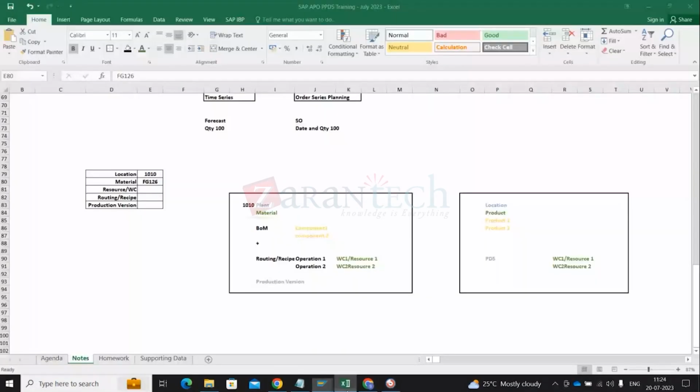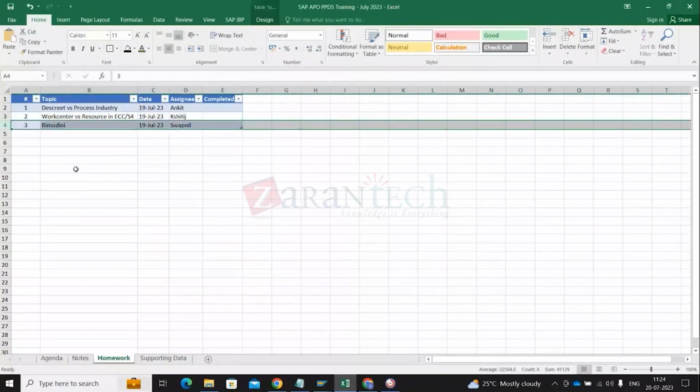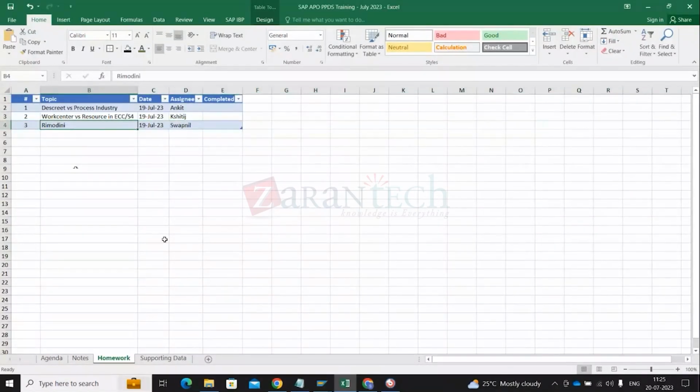Now, there was a homework on some people's names yesterday. I'll just pick up the third homework, which was on Rymodini, because now we are talking about data integration. I asked you this question yesterday, if any one of you knows about Rymodini as a concept. And the answer was nobody knows. So Rymodini is a process which is helpful for the old way of working with APO based PPDS. What we do in APO based PPDS,